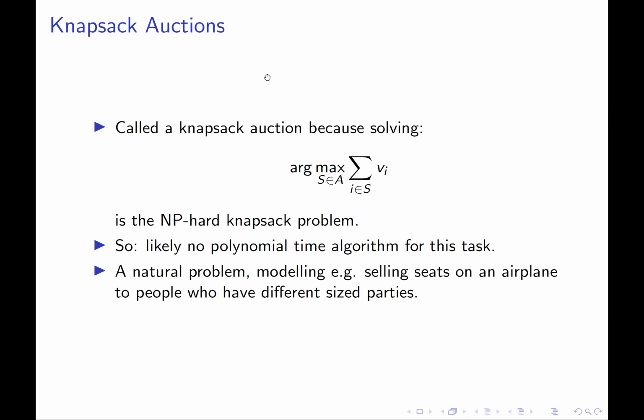So we might have bidders of size 1, traveling alone. We might have a volleyball team all traveling together. There might be large bidders. And what I'd like to do is satisfy as many of the bidders as I can, like maximize social welfare, without needing to leave anyone behind. So the budget constraint is a hard constraint in a problem like this.